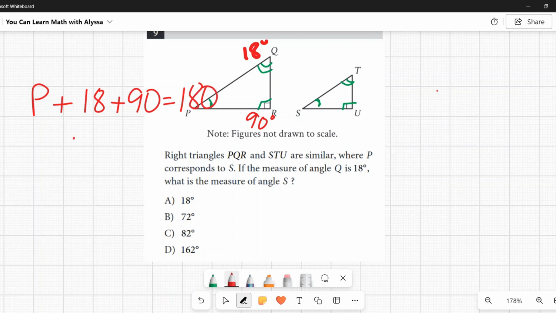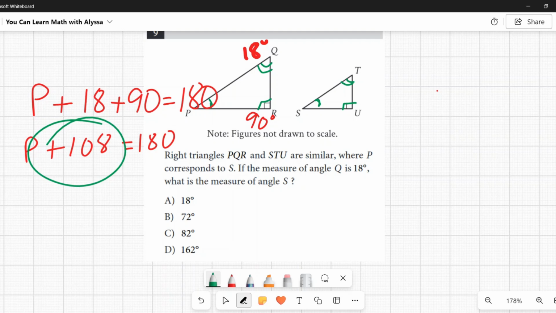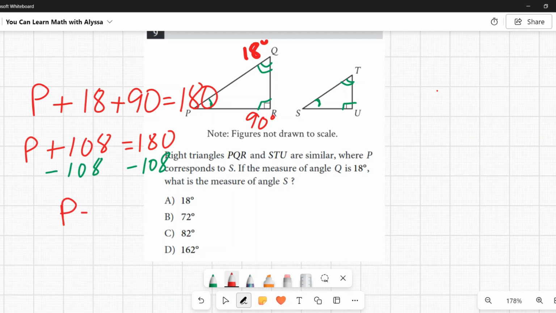So 18 plus 90 is 108. So angle P plus 108 is 180. Now to solve for P, I'm going to undo what's been done to it. Instead of adding 108, I'm going to do the opposite. I'm going to subtract 108, and I need to do that from both sides. So on the left, I have P, and on the right, 180 minus 108 is 72. So if P is 72, angle S is also 72 because it corresponds. So the measure of angle S is B,